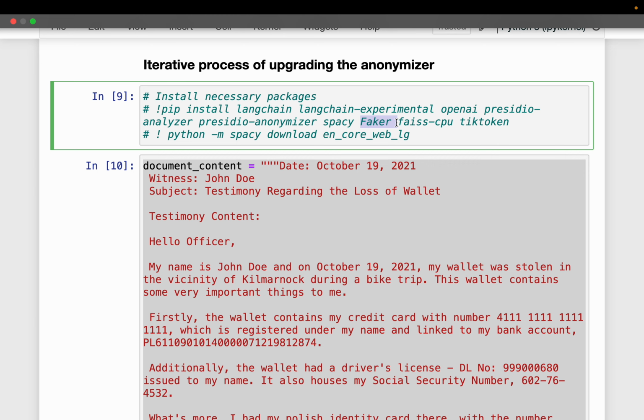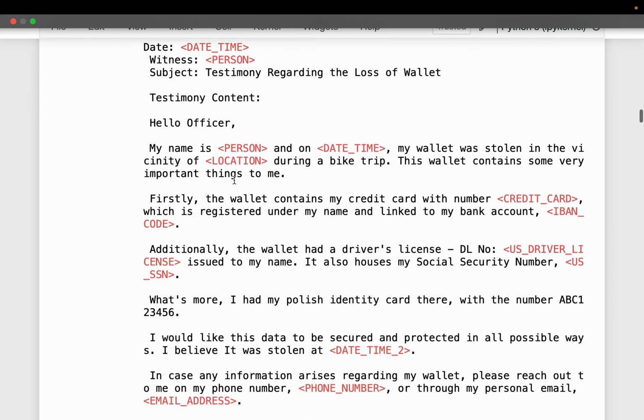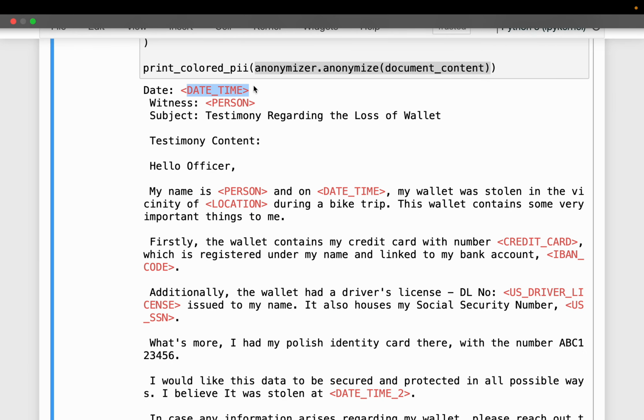Presidio simply identifies the PII and replaces it with something like name, person, location, credit card, etc., right? But we want to replace it with some dummy data so that the LLM can understand it better.